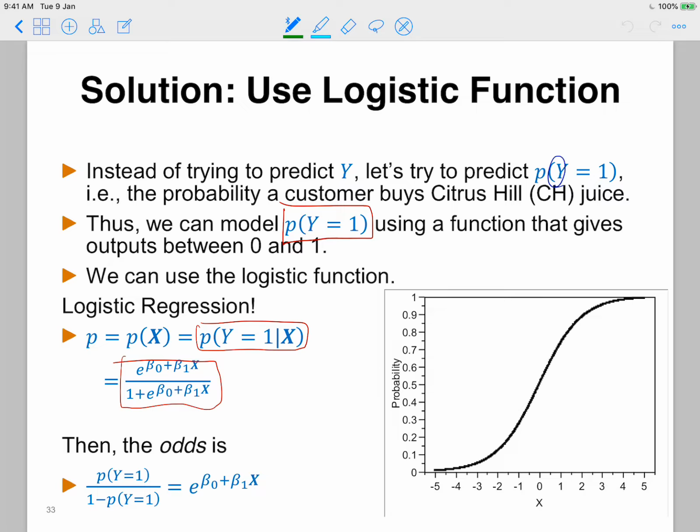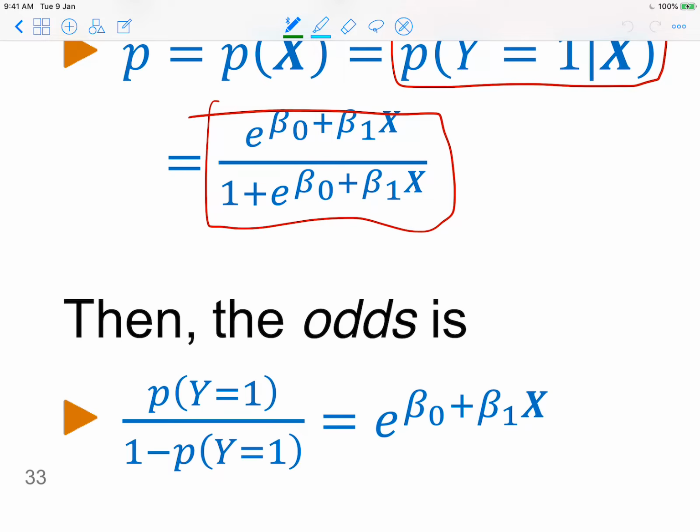To that end, we define the odds. Okay? So the odds is defined as follows. This is basically the ratio. We still consider only the binary classification case. We only have two classes, a positive class and a negative class, which will be 1 or 0. And we also know that this follows the Bernoulli distribution, where if this is, for example,